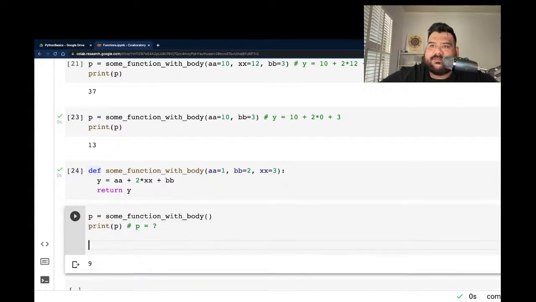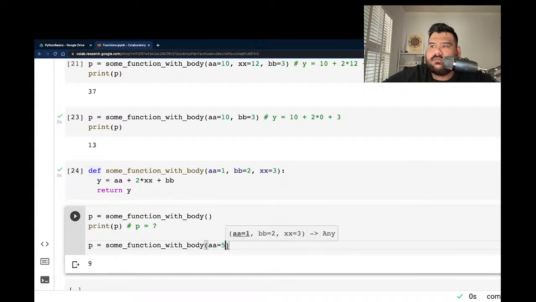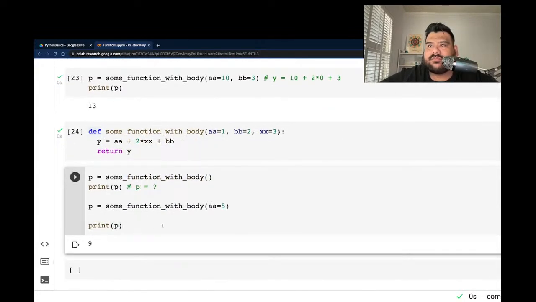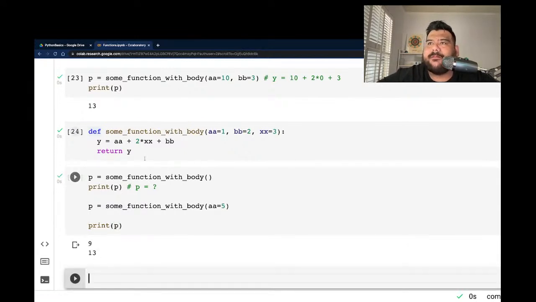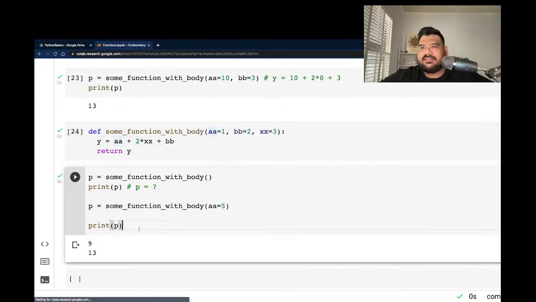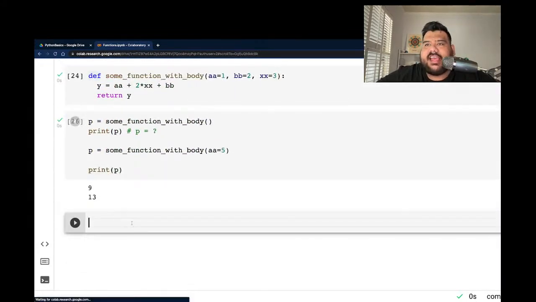So what if I did this? What if I pass in 5? Well, I should get, like, what is it, 12? 13. Okay. 5 plus 2 times, oh, this is X. My apologies. So 2 times 3 is 6. Yeah, 13. That makes sense. There you go. So just to recap,